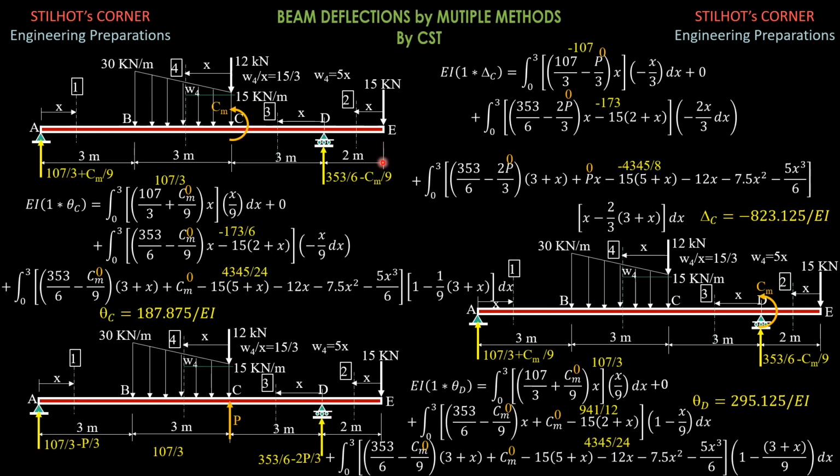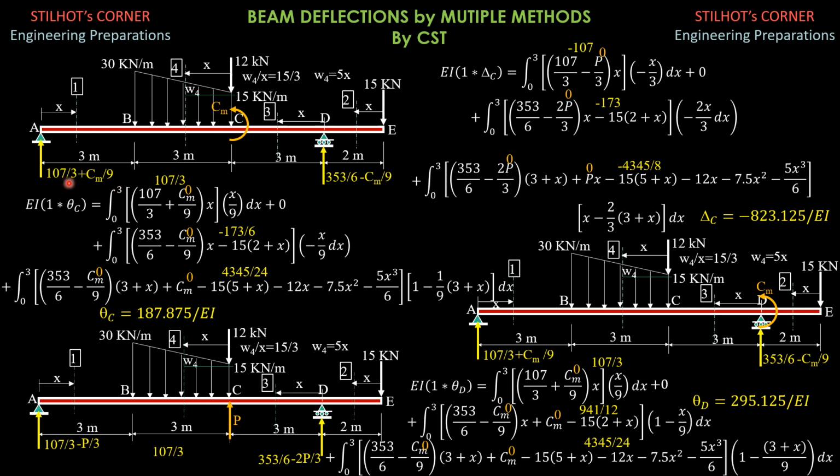So next, for theta C, we apply a couple C sub m counterclockwise at C, then solve again the reactions at A due to that couple alone. So reaction at A times 9 equals C sub m. So this is again 107 over 3 plus C sub m over 9, and here 353 over 6 minus C sub m over 9. So EI times 1 times theta C equals integral in this section 1 here of